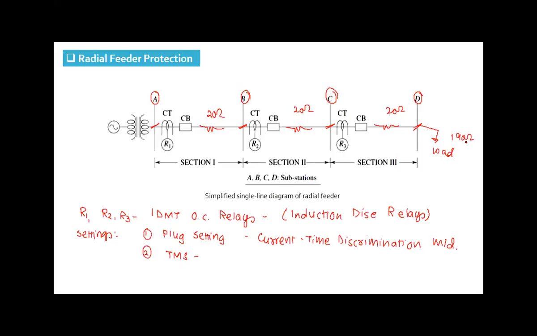In practice, actually the line is highly inductive in nature. Okay, the resistance part we keep minimum, so that the power loss is minimum in transferring the power. If the line resistance is higher, then the power loss will be higher. But in the laboratory we cannot do that, and we also have to limit the current. In the laboratory we cannot go for higher fault current in performing the experiment, and that is why, to limit current within a safe limit, we have considered a higher value of resistance. Okay.